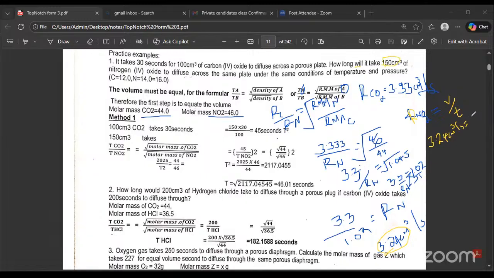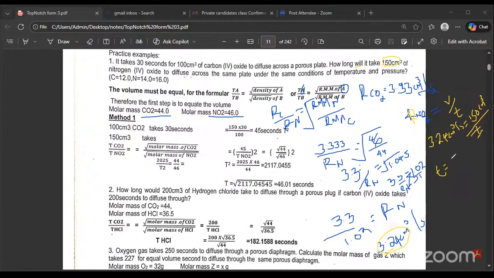150 centimeters cube over t. Because we are looking for time. Remember, we are looking for time. How long will it take? How long will it take you to come from this place to this place? Of course, if you cross multiply, you'll find that t now